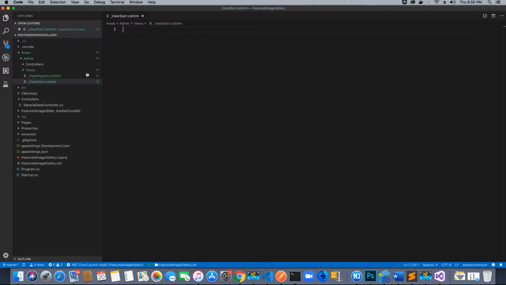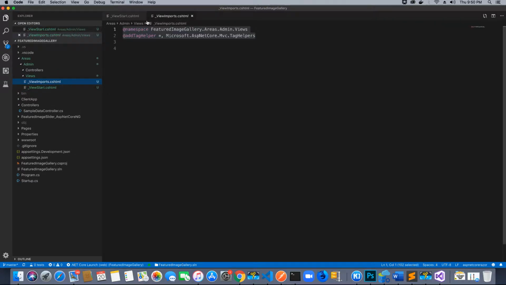So inside the view imports dot cshtml file, we will add two directives. One is the namespace, add namespace, and we will specify our namespace, which is featured image gallery dot area dot admin, and then the views. So this particular view is in the following namespace. Now what is an add tag helper directive? Tag helper directives are not added by default. If you want to use them in your CSHTML files, then you will specify them in your underscore view imports